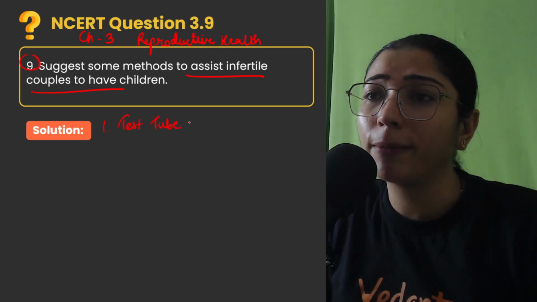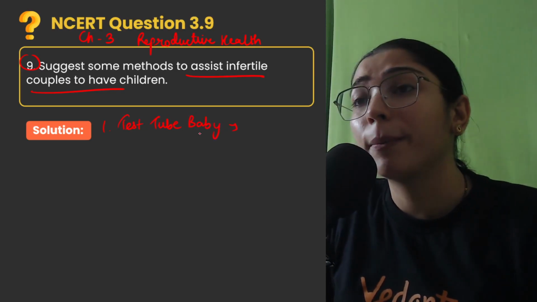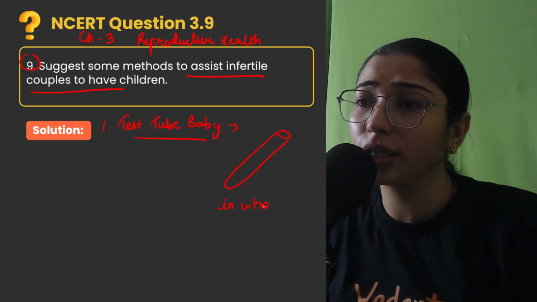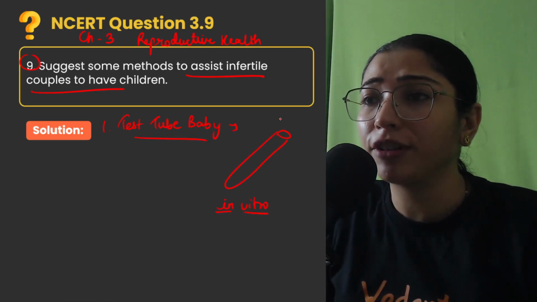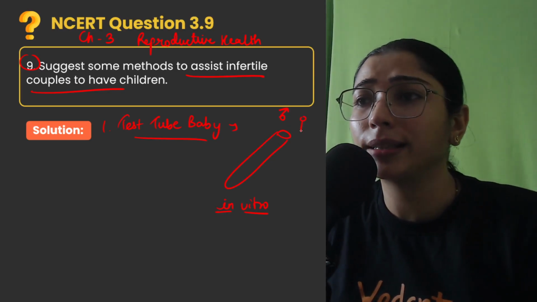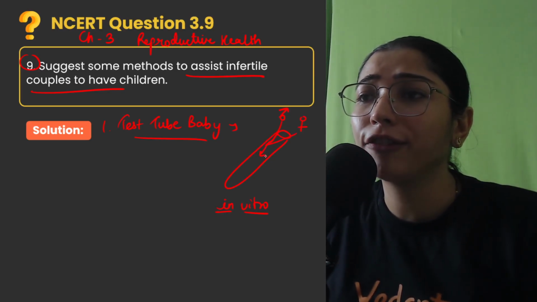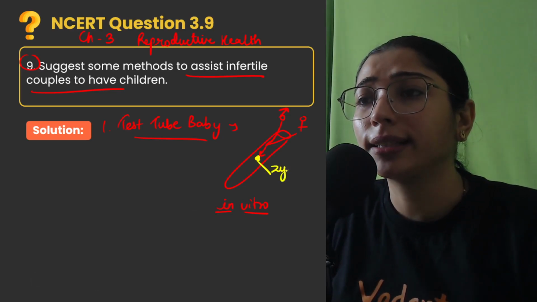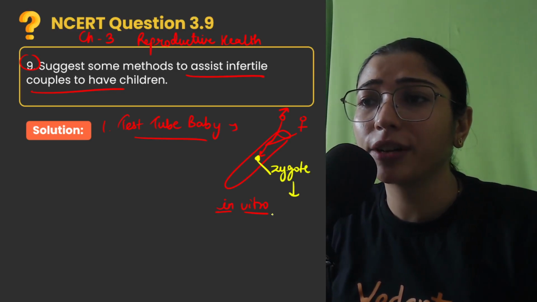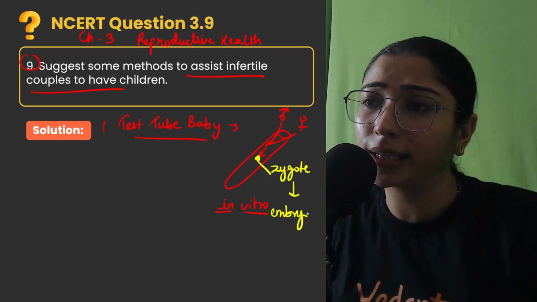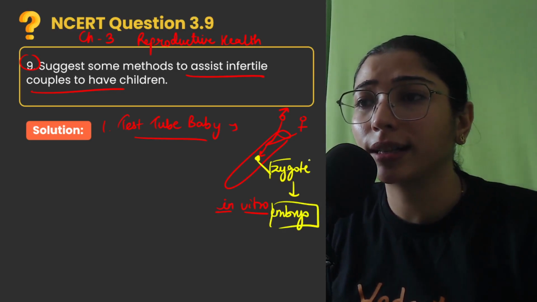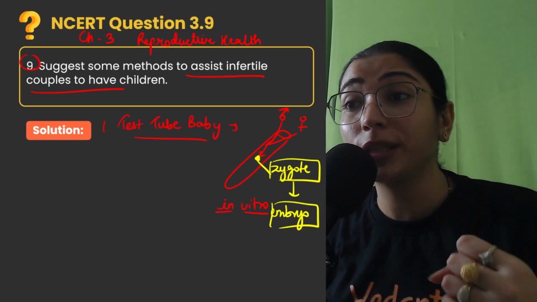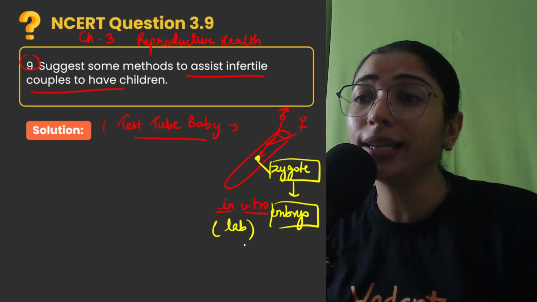So test tube baby is that method in which, basically in a test tube, in vitro conditions, in lab conditions, we can mate the male and female gametes. So let's say this is the sperm and this is the egg cell coming, and they are fused to form a structure called zygote. Either this can be developed into zygote stage या फिर हम इसको embryo stage तक भी develop करके even फीमेल के अंदर ट्रांसफ़र कर सकते हैं. तो बेसिकली, children, the fertilization is being carried out in test tubes, in vitro conditions, that we mean lab conditions.